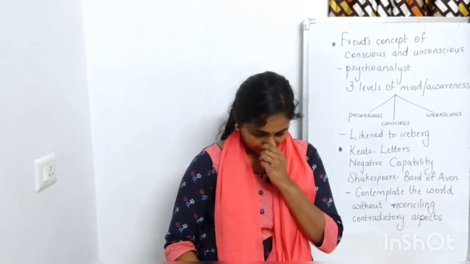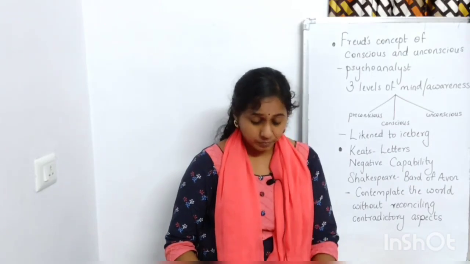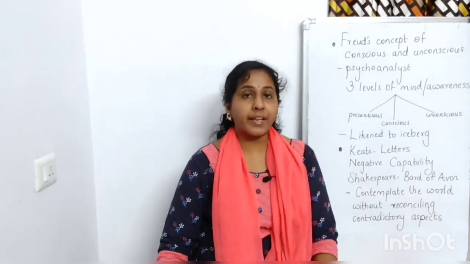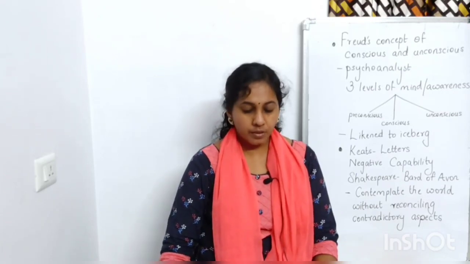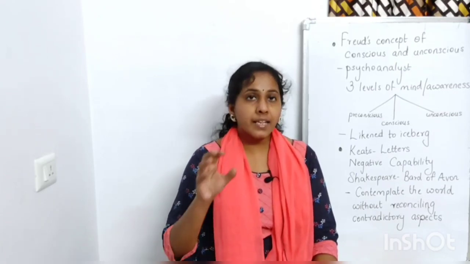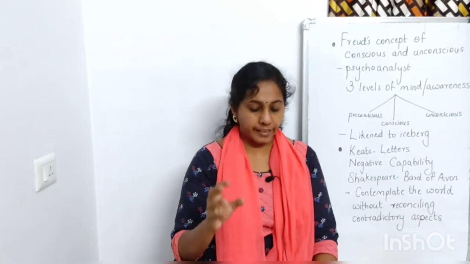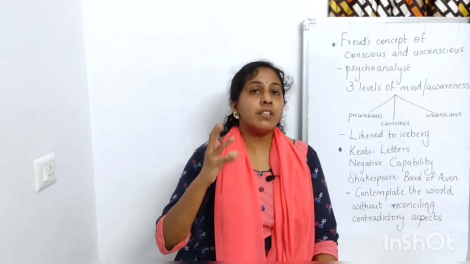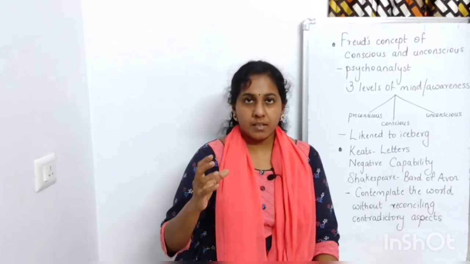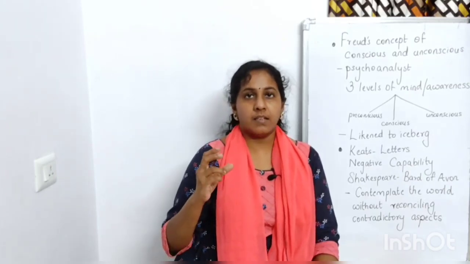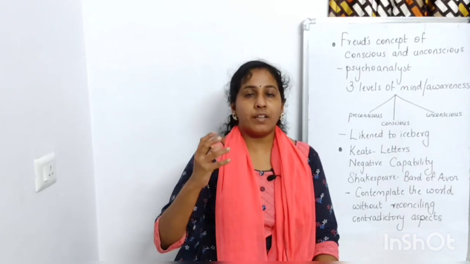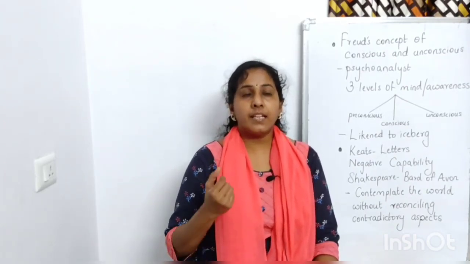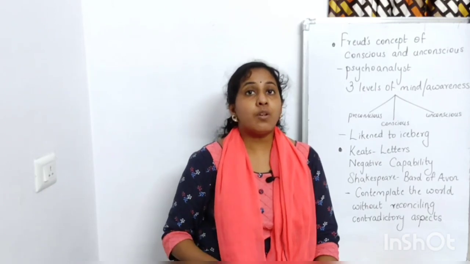Shakespeare's reading. Keats was a great admirer of Shakespeare. As I told you, he was a great admirer of Shakespeare, and his reading, that is Keats' reading of the Bard of Avon, illustrates the genius of Shakespeare. That is, Keats judged or evaluated the Bard of Avon, Shakespeare, and he felt that he was a genius.